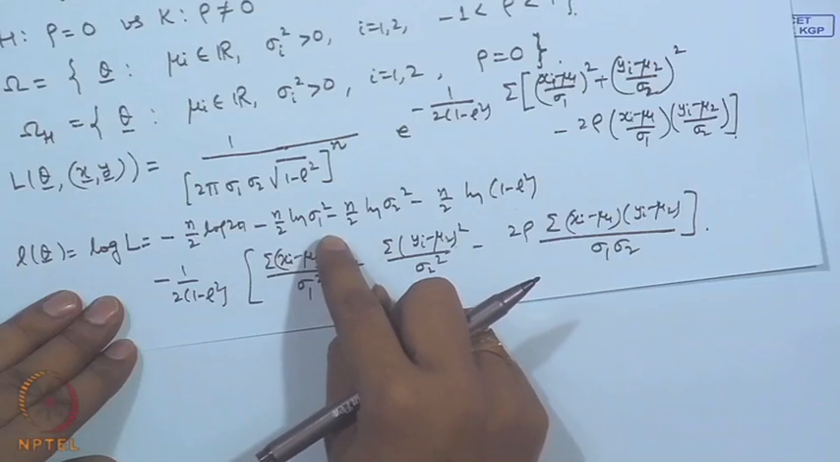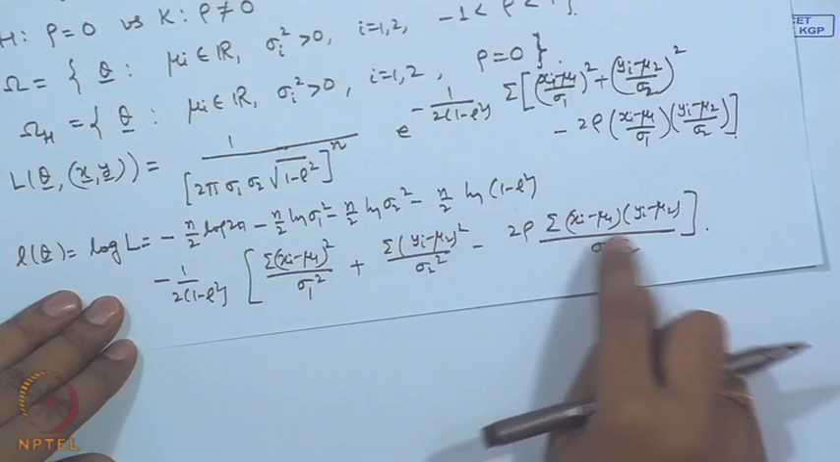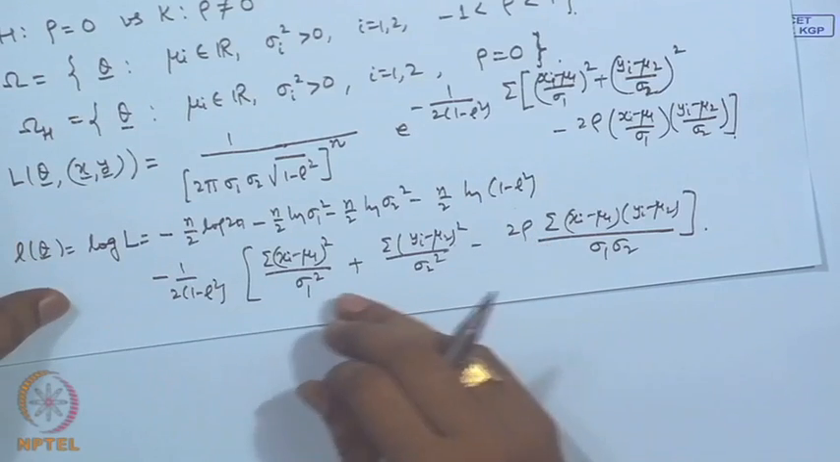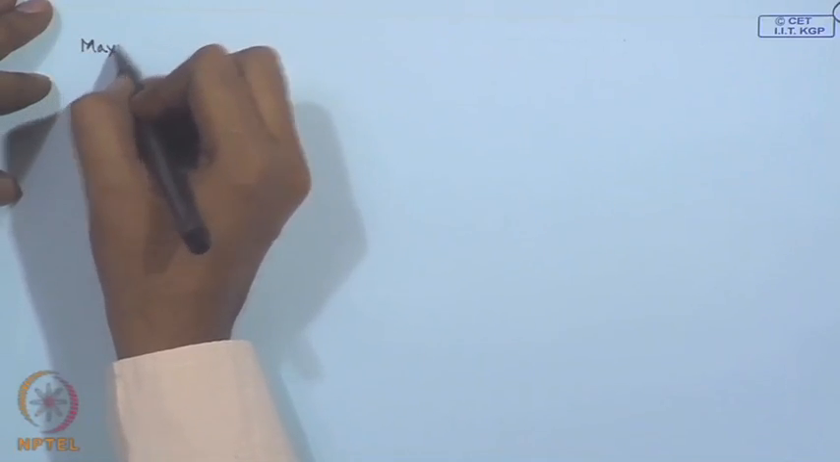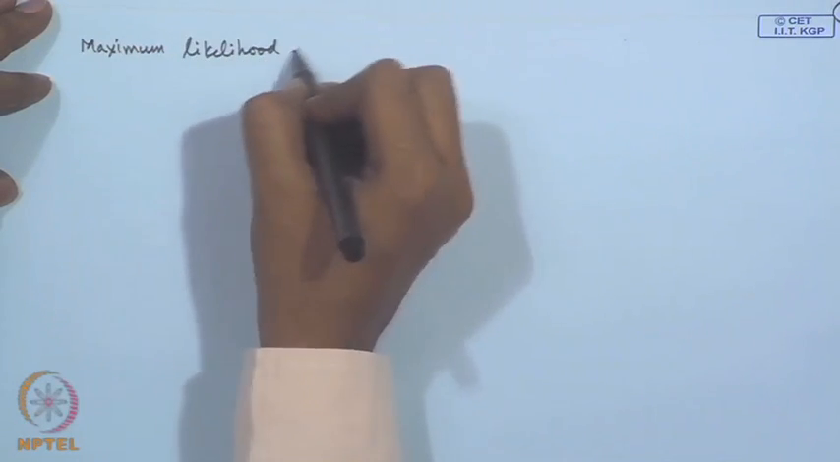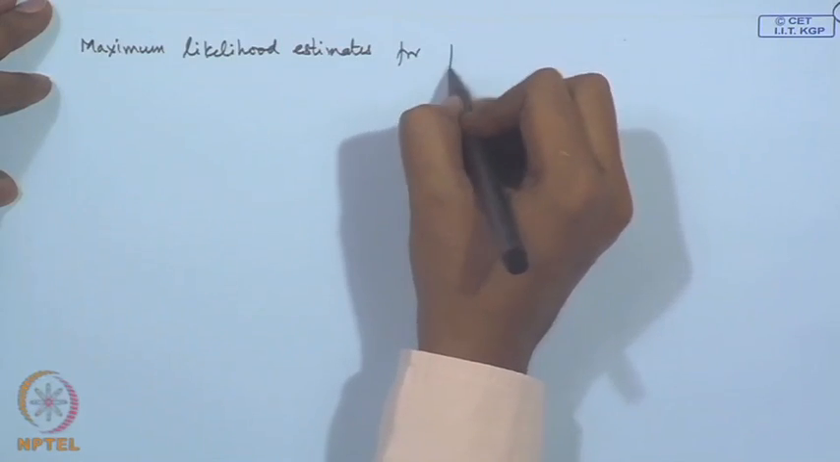Now, if we proceed in the usual fashion for the maximization with respect to the parameters, for mu i's I will get the sample means, and for the sigma i squares we will get the sample variances, and for rho I will get the sample correlation coefficient. So, without getting into too much of the derivations, let me write the final answers here. So, the maximum likelihood estimates for parameters